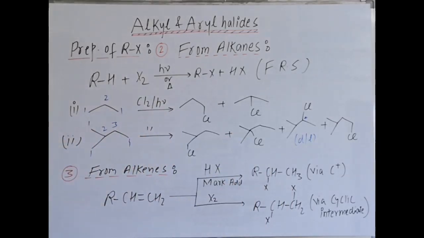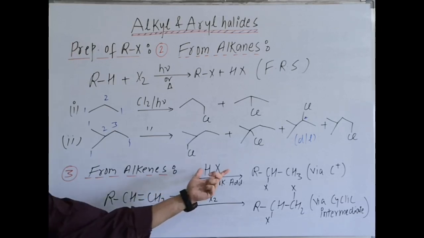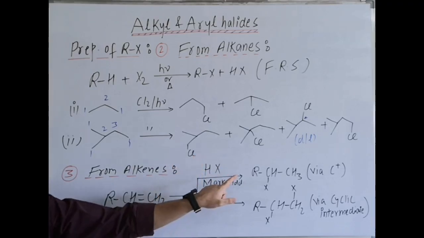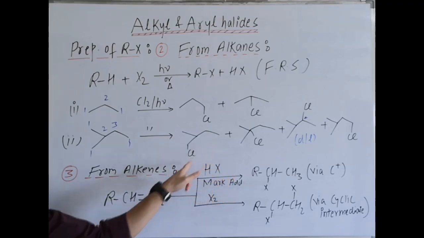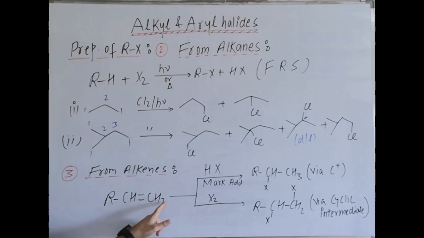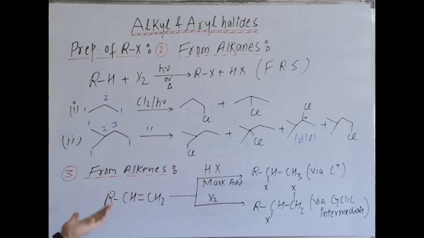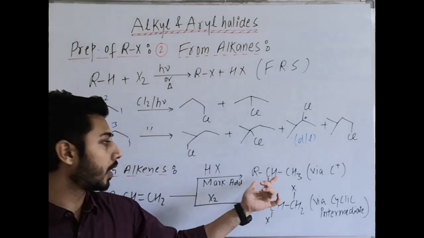Next is again a reaction in the hydrocarbons topic. It is covered already, that is from alkenes we can prepare halo compounds. Like here, this alkene I am taking unsymmetrical. Addition of HX, if you remember, addition of HX is through carbocation formation. H plus adds there, what is formed? A CH3 plus charge carbocation. On this carbocation, X minus will attack, from both sides possible. So here I am writing the general reaction RCHX.